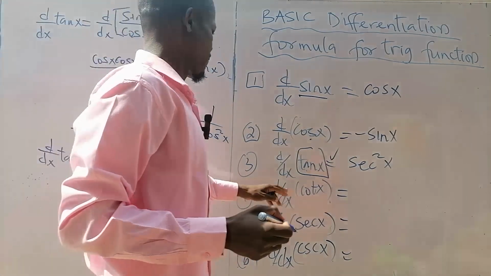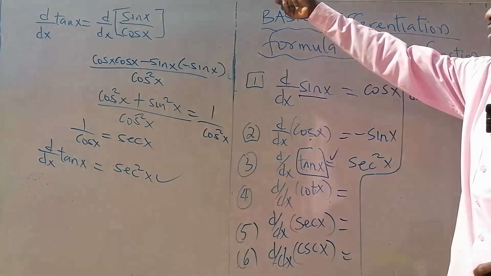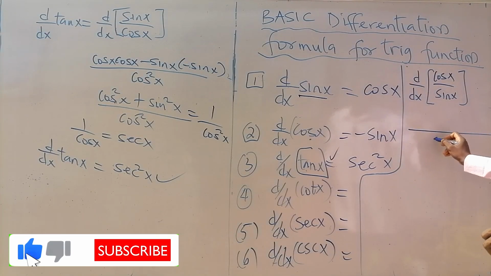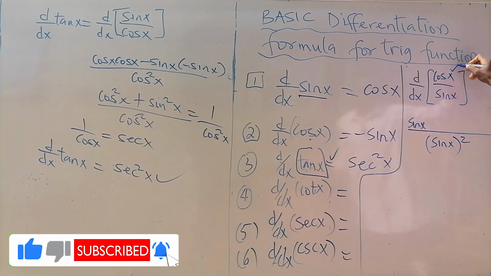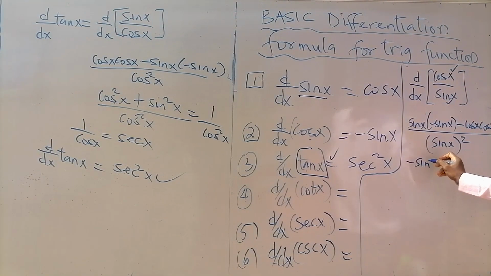So let's go to the differential coefficient of cot. Cot is the inverse of tangent, so that will be cos x over sine x. This is a quotient function, and that will be equal to sine x squared, sine x. The derivative of this one is minus sine x, minus the numerator times the derivative of the denominator, giving minus sine square x minus cos square x, all over